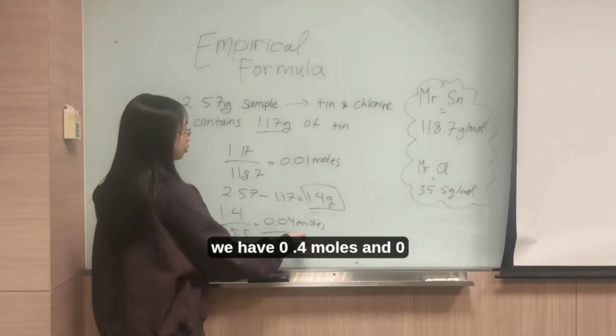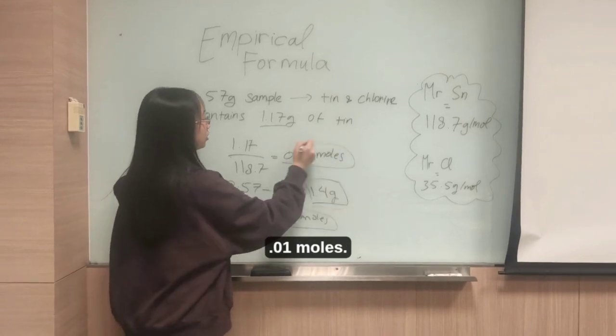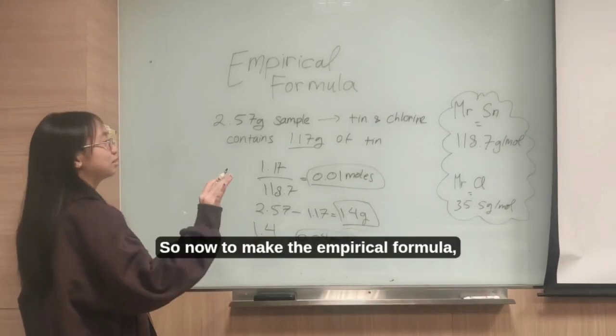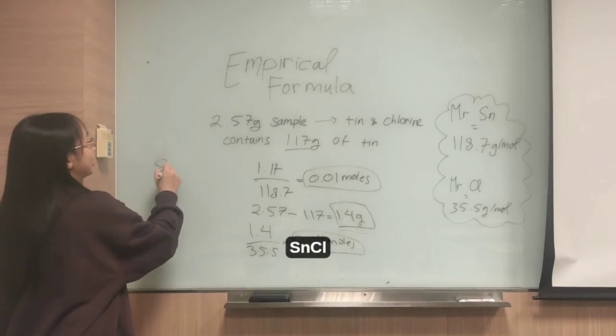So we have 0.04 moles and 0.01 moles. So now to make the empirical formula, Sn